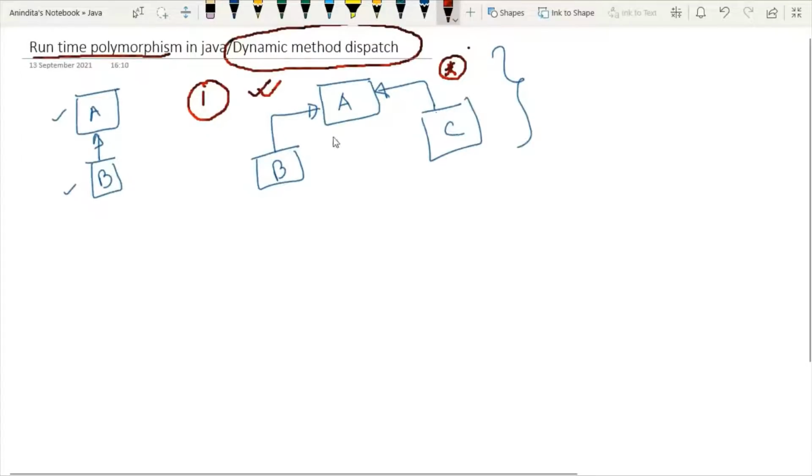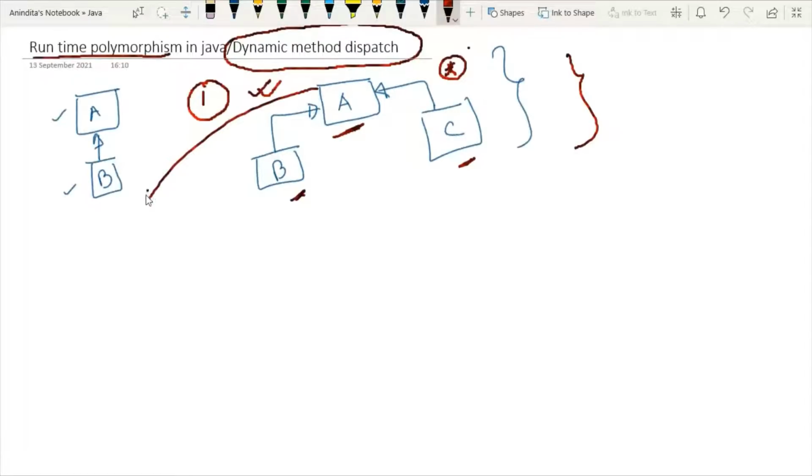But how to implement the concept of hierarchical inheritance? First, I am showing you a simple example, then I will give you the concept of runtime polymorphism. So now I am going to represent this block diagram. This is a class A, so I will write class A, then code.